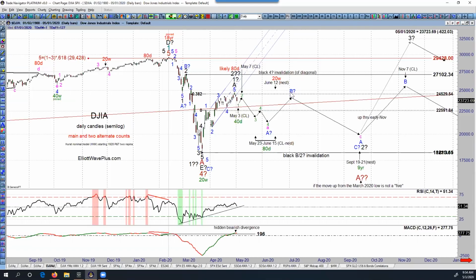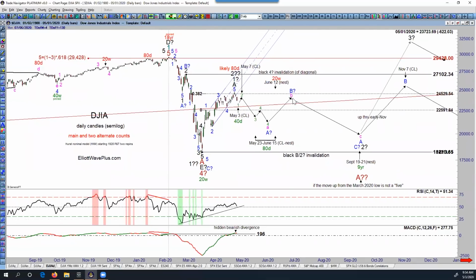I'm looking for a rebound, I would say mid, or I've drawn it with a little bit of leeway there, that it's probably going to be over here, that it tops in, let's say, late June. And we'll look at some other items besides the Dow and what the Hurst is projecting for this rise here. But at least for now,